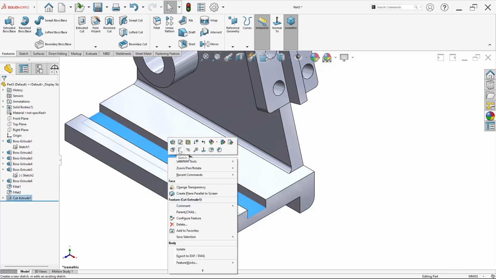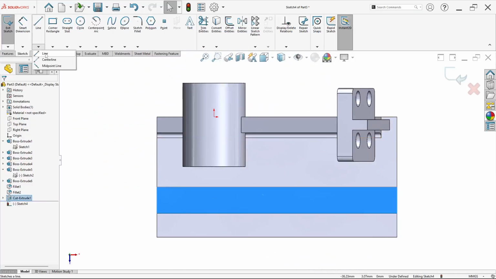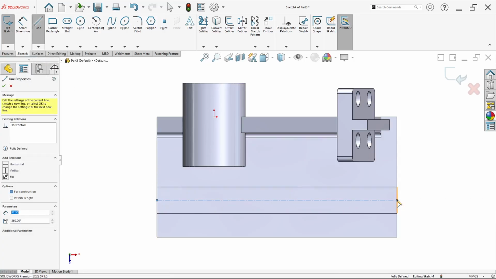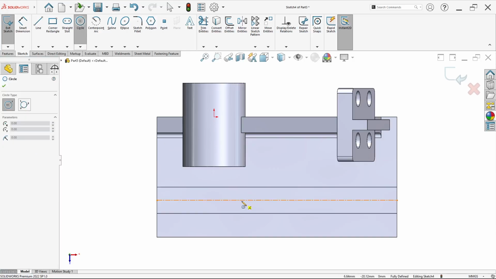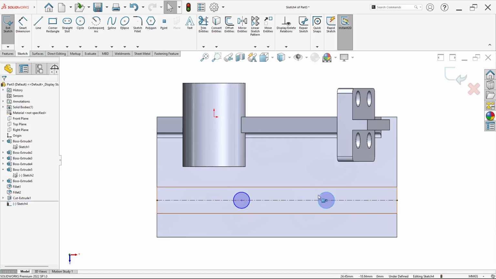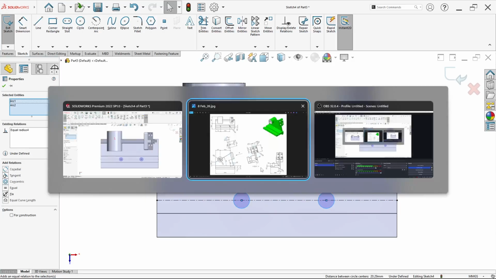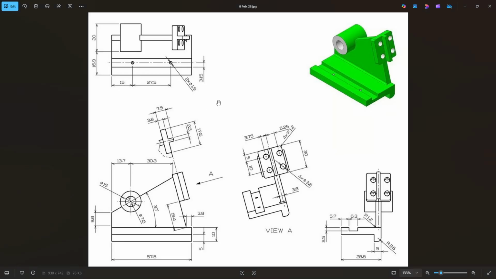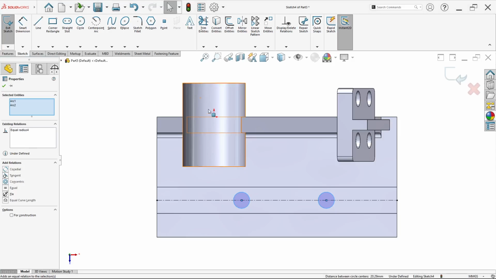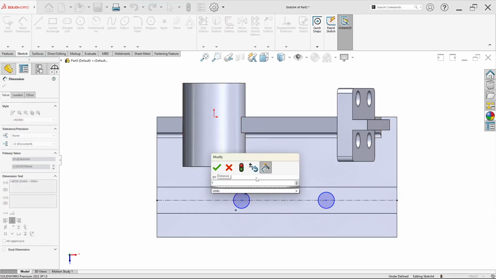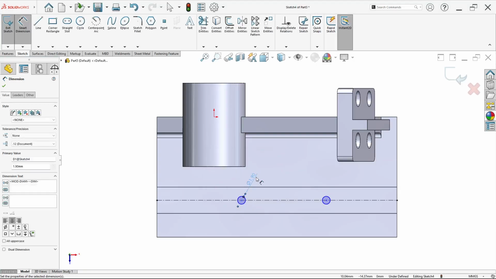Right click on this face, just click sketch, draw a center line, draw from this midpoint to this, draw a circle in here from the center line. Ensure this circle, click Ctrl and select this circle. Just click make equal because here they have the same diameter of 1.9 millimeter. Set the diameter to 1.9 millimeter.